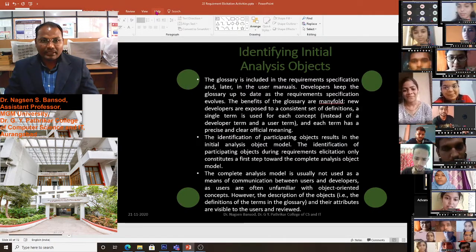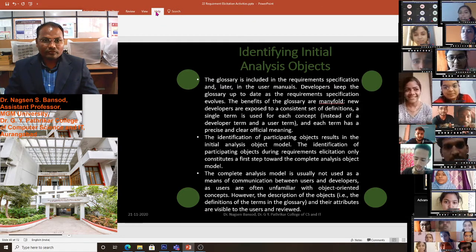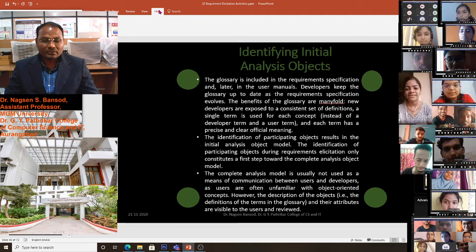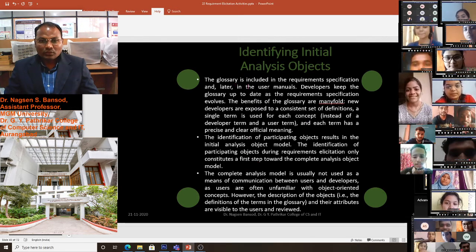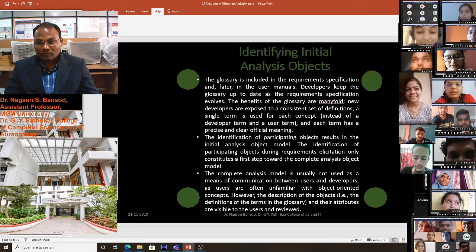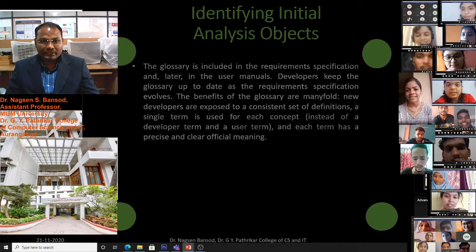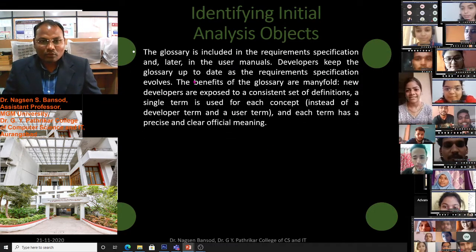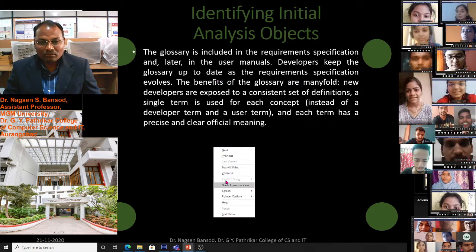Similarly, this kind of function, we have to give as non-functional things in the software, and in this help we have to provide the glossary of the objects which we have created. Developers keep the glossary up to date as the requirement specification evolves.